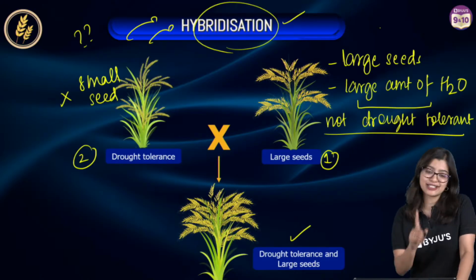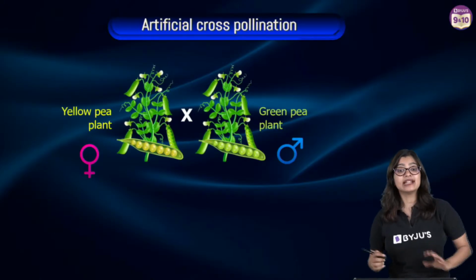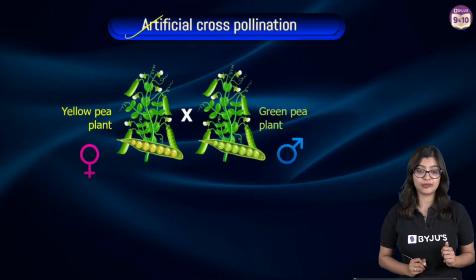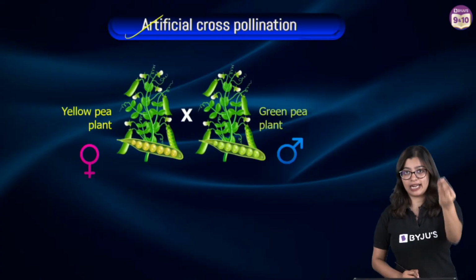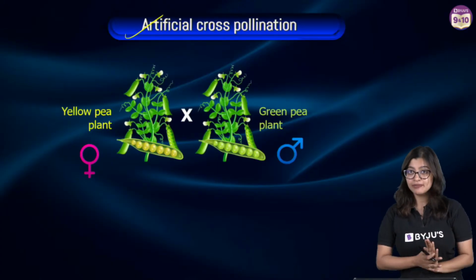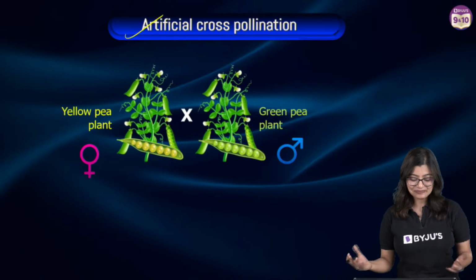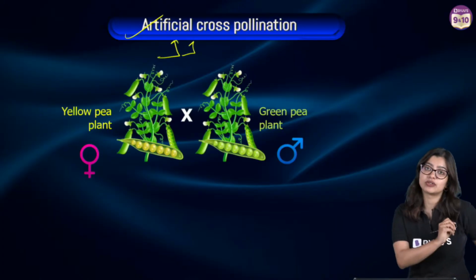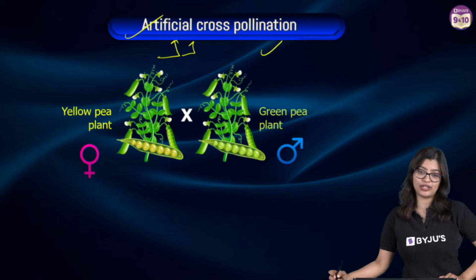Now, hybridization is not something that happens inside laboratories, right? Although it's a terminology that we learn about, it's quite different. So in this particular case, it happens with artificial cross-pollination. Now, what do we mean by artificial cross-pollination? We know that cross-pollination is when we take pollen grain from anther to stigma and it gets transferred, right? Now, when it happens between two different plants, we call that cross-pollination. Now, what do I mean by artificial? That means when I am getting involved in doing this process of cross-pollination, then we call this artificial cross-pollination,